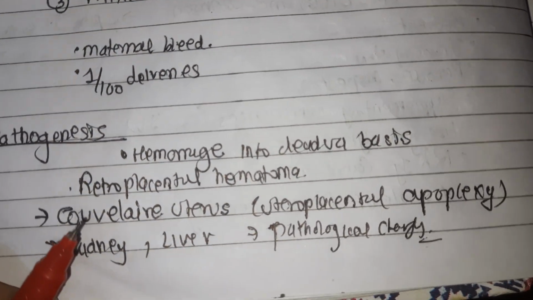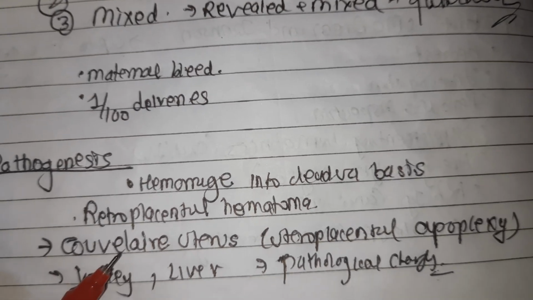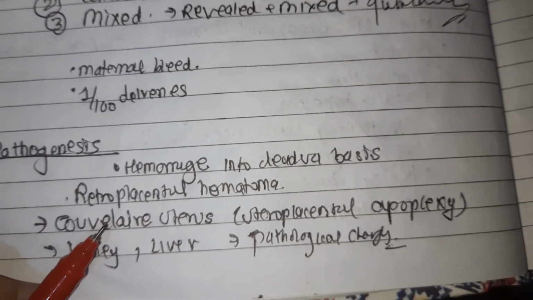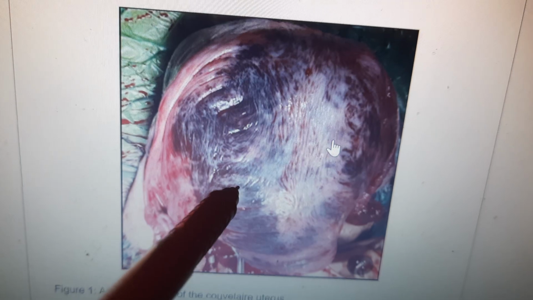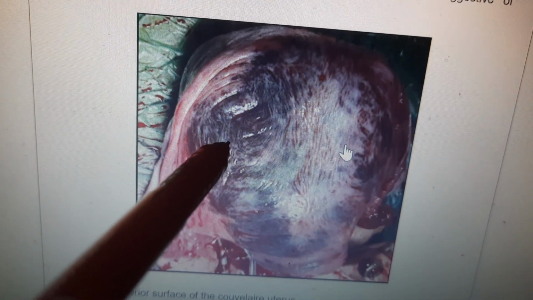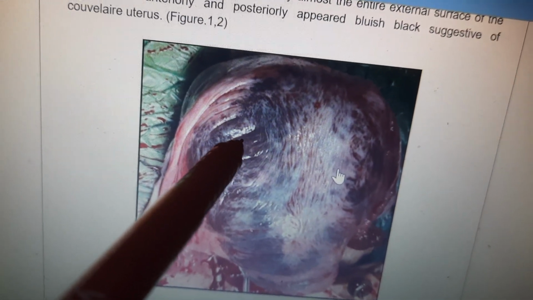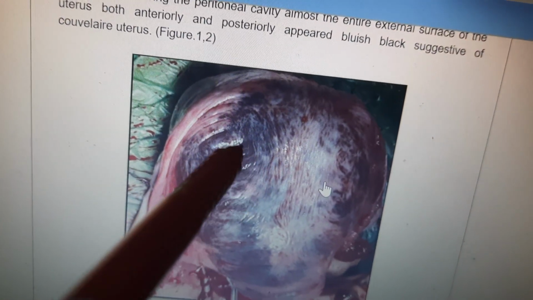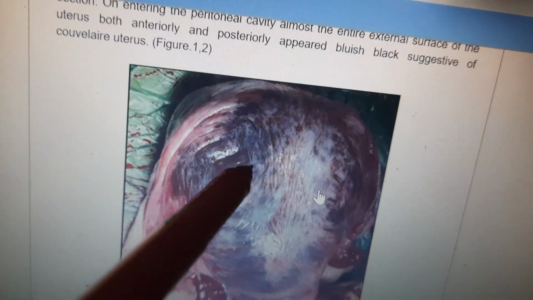Couvelaire uterus, and the naked eye appearance of Couvelaire uterus, let's see the picture. Here we can see the picture of Couvelaire uterus. The uterus is a dark port wine color, which may be patchy or diffuse, and it tends to occur initially on the cornu